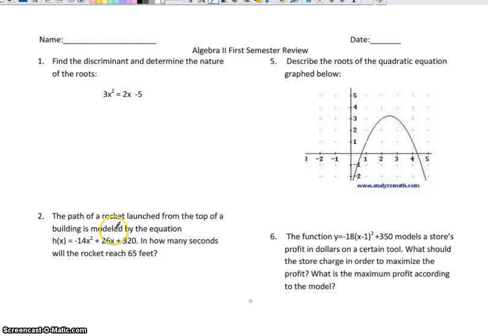This is the Algebra 2 first semester review. Looking at number 1, you need to find the discriminant and determine the nature of the roots. The discriminant was part of the quadratic formula, quadratic equation, and it's what goes under the square root, which is